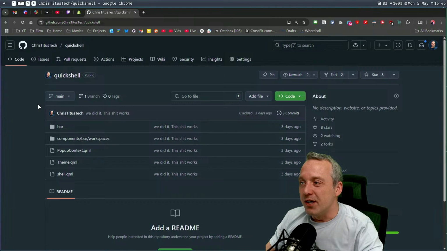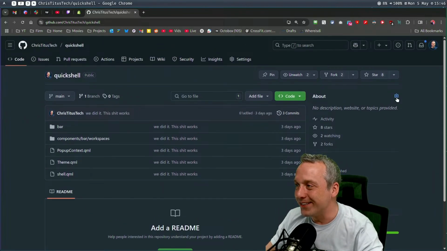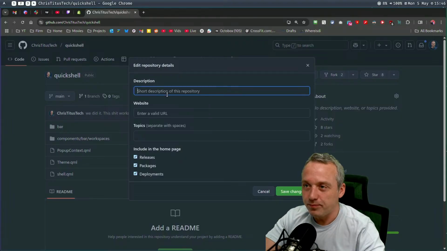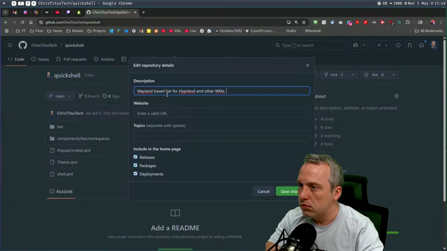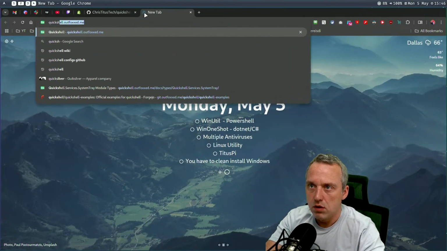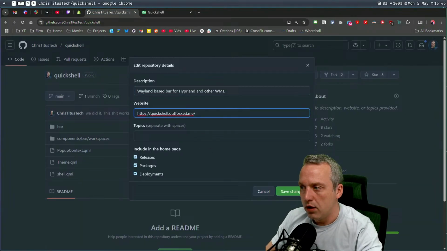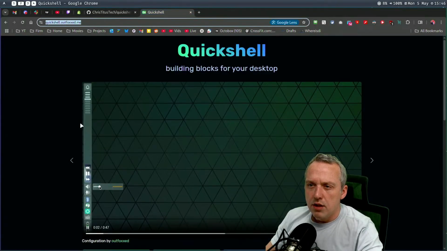Let's look at Quick Shell. This is my public repo of Quick Shell. Quick Shell is a Wayland based bar for Hyprland and other window managers. Cool. And let's go to Quick Shell, we'll do this so people can find it there. You can see some documentation there. The documentation's